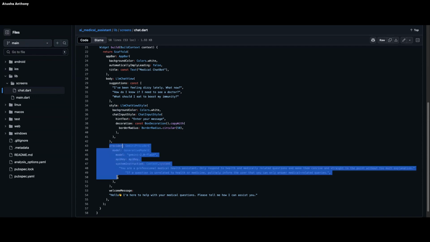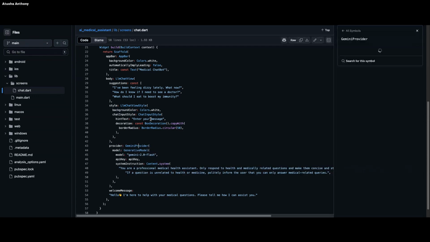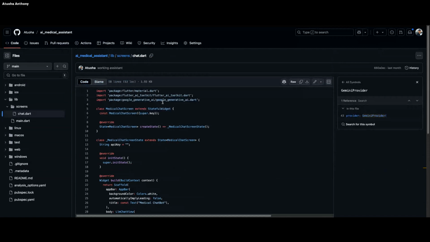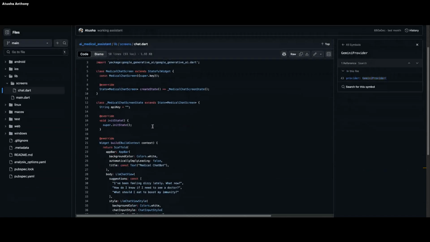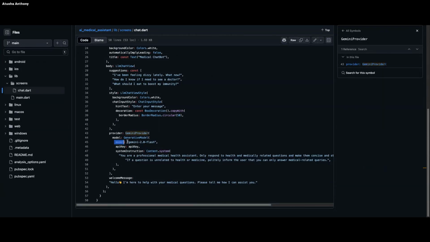So the provider now is a Gemini provider, which is powered through what we have on Google Generative AI. So in Google Generative AI, we can now decide on the model we are working with, the system instruction. We are working with 2.0 Flash, and we have our API key. This API key is gotten from, I saw when the last presenter was working on Google, showing us stuff on Firebase Studio and stuff relating to Gemini and Gemini Studio and billing. So once you have your API key from Gemini Studio, you extract it, keep it here, and also you now